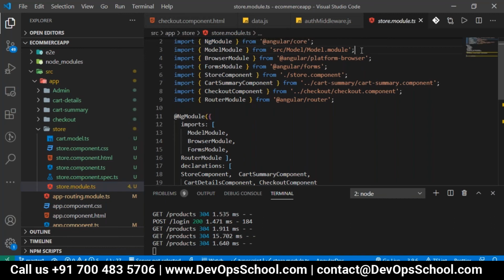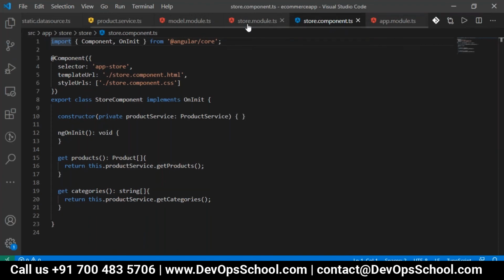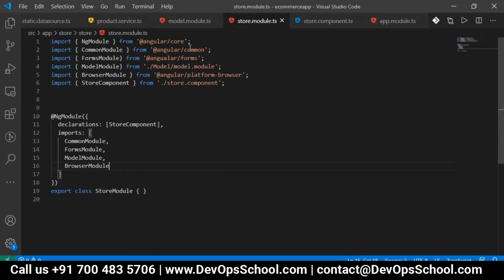I guess I just did the importing wrong. Let me fix that. In model module TS, I imported wrong here because it is under SRC, not under app. SRC model module. The file name is small m.